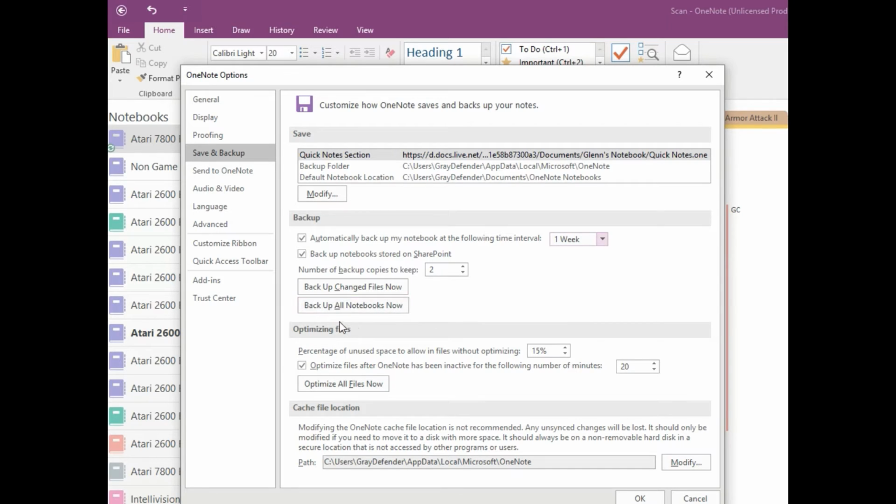I don't use this option too often because I prefer the other method that I'm about to show you. And even though this is a good method, it keeps it backed up. It is recommended, but I also prefer this other method here.